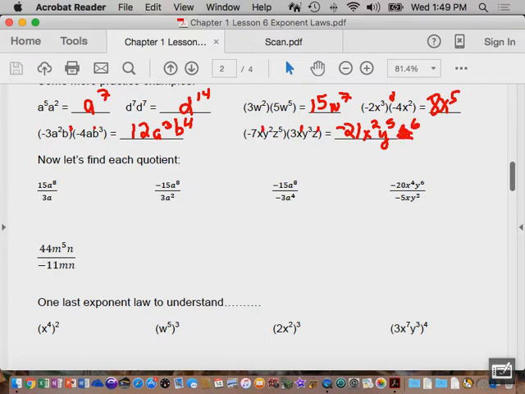Okay, good. So again, the key to this is multiply coefficients, add exponents. Yes? So if there's no exponent on it, you have to add them. Yes, because there really is one of them there. There's not none of them there. Okay. Now, next up,